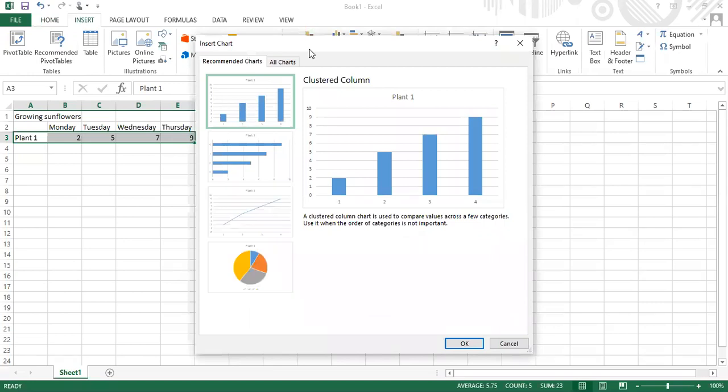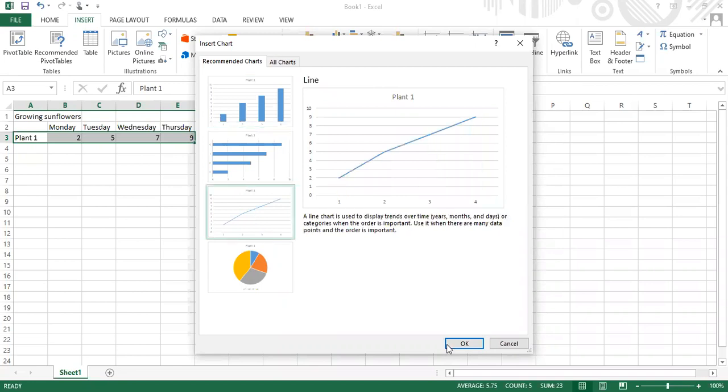Now isn't it the same one which is given in your book on page number 89? Please have a look. Open your books, page number 89. Do you see this in your book? Yes. Okay, now we'll choose the graph. Which graph do we want? We want line chart. This is called line chart.